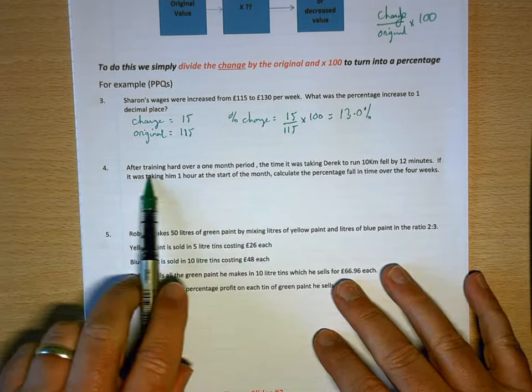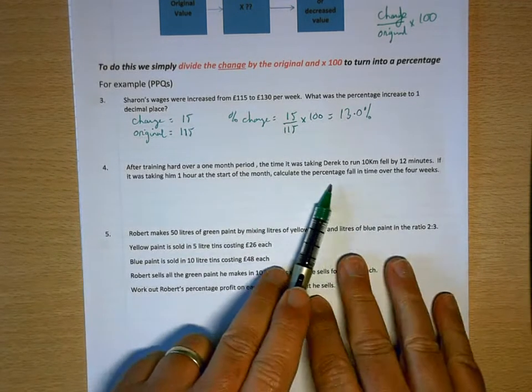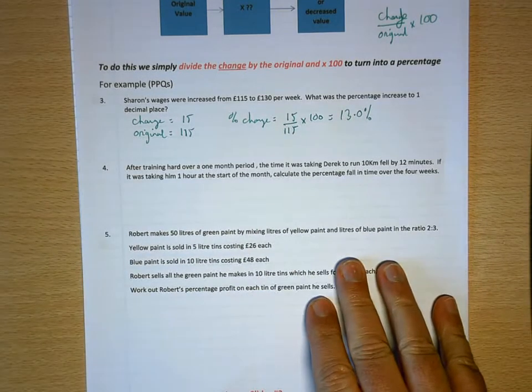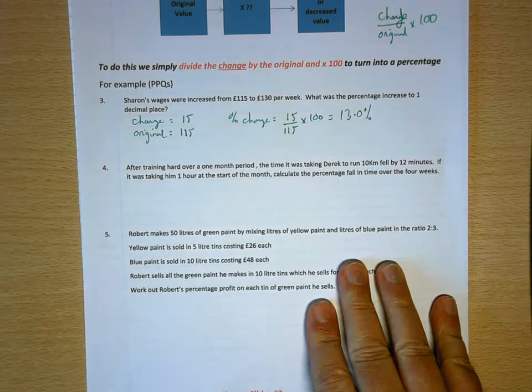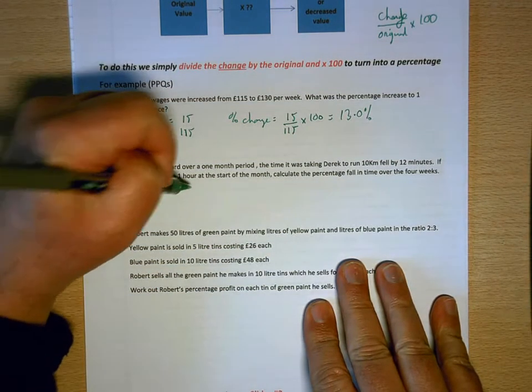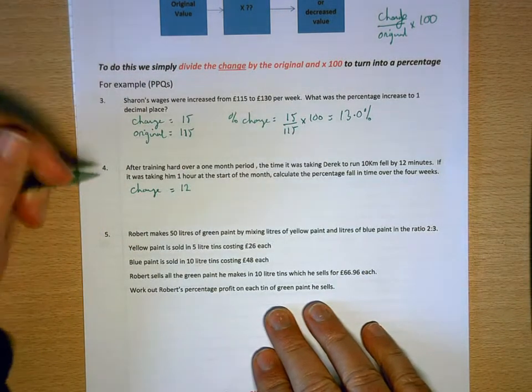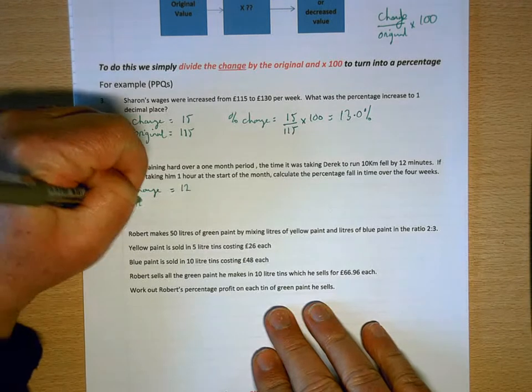Number 4. After training hard over a 1 month period, the time it was taking Derek to run 10 kilometers fell by 12 minutes. So he was getting faster. If it was taking him 1 hour at the start of the month, calculate the percentage fall in time over the 4 weeks. Well, it's telling me what the change is this time. It's 12 minutes. So I don't have to do any subtraction. And the original